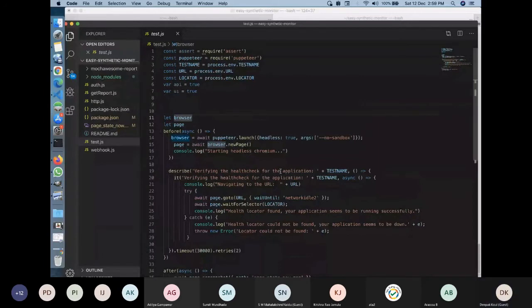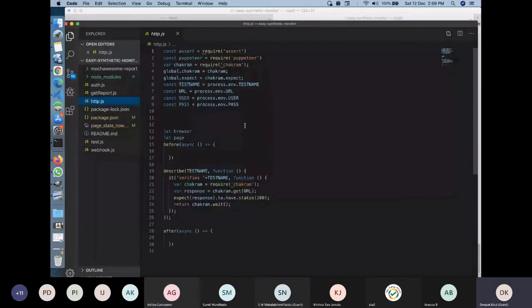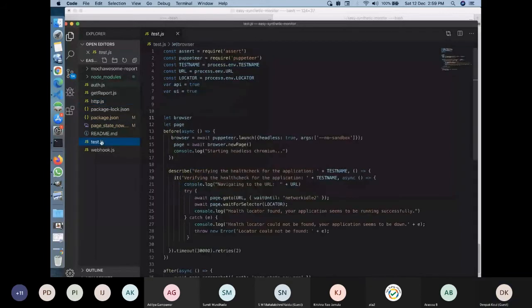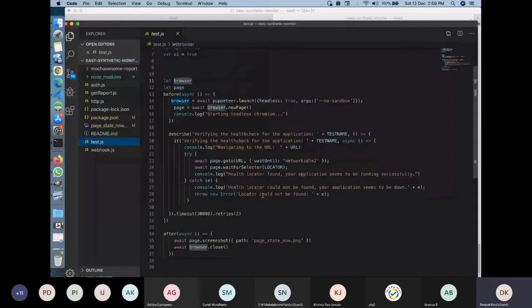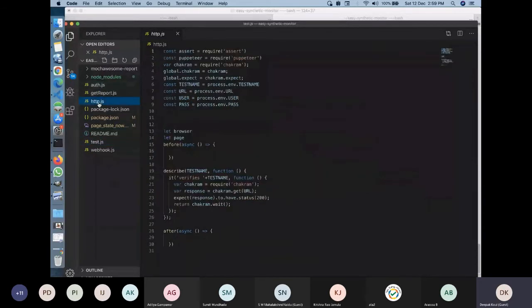And now the second part is the API test. In this test.js, I was using Mocha as a test runner, and in http.js, I'm using Chakram as the test runner.